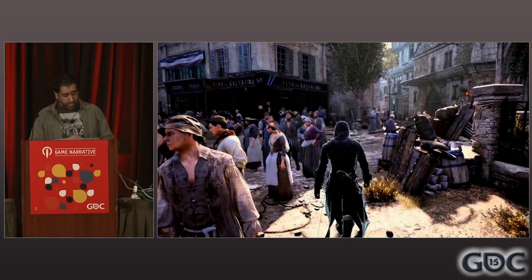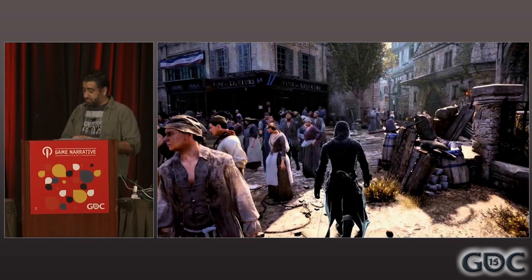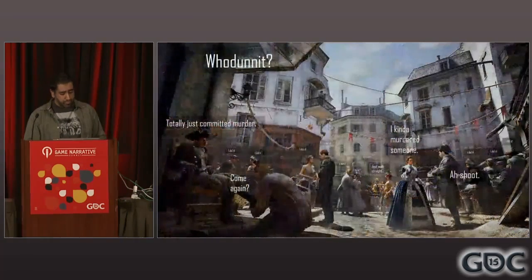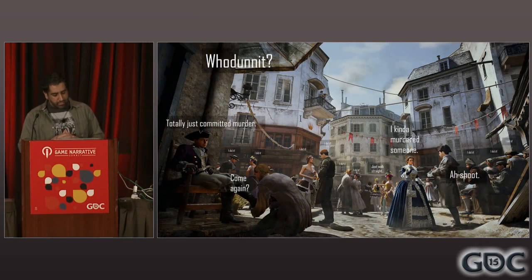As the hero Arno, the player gets to explore a Paris in the throes of the French Revolution. It was all built with an unbelievably high attention to detail. But once you're off the main path and bouncing around the city, you might stumble upon a murder that needs solving. Sometimes these were high-profile murders, and others were inventions that we did for the sake of diversity. So the player gets to play true detective and solve the murder by inspecting the crime scene, analyzing clues that he keeps in case files,